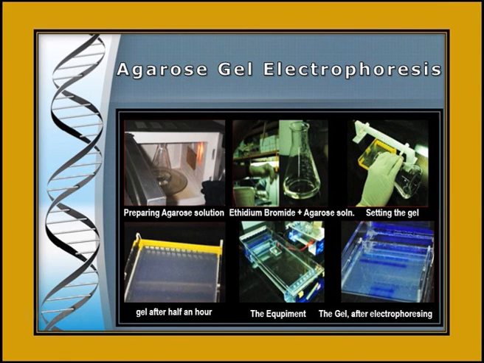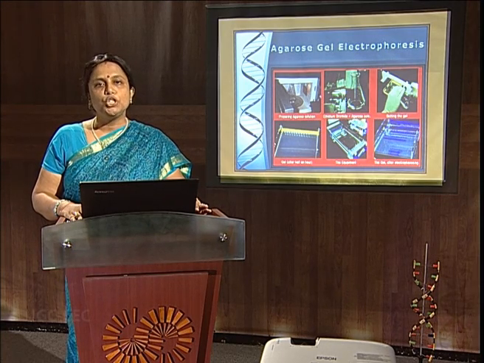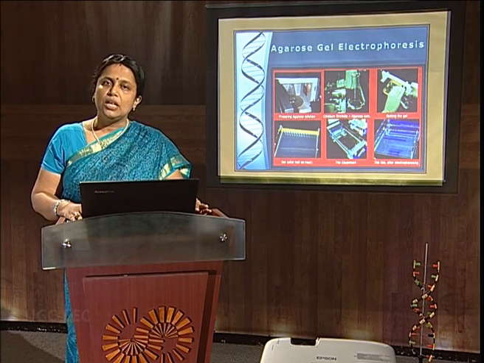In agarose gel electrophoresis, as you can see here, agarose is melted and the gel is cast, and you can see the nature of the gel. After the gel solidifies, we put it inside a buffer tank. After that, we will be loading it with DNA, and to track the DNA, we have added bromophenol blue as the tracking dye. And after running of the gel, the separation of the DNA is visualized by putting the gel on a